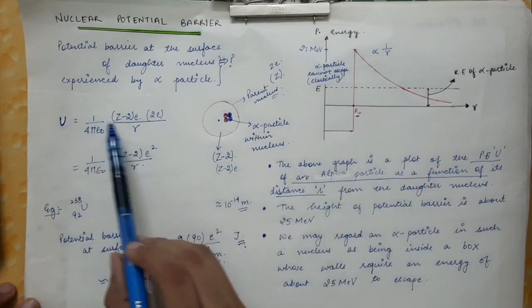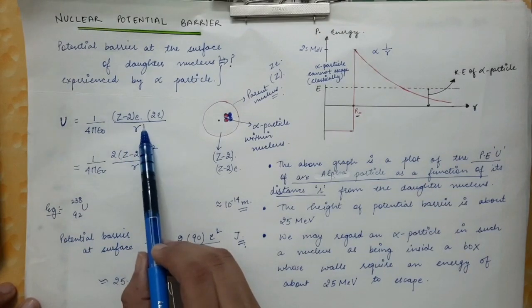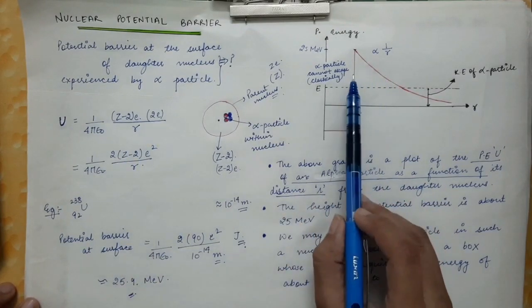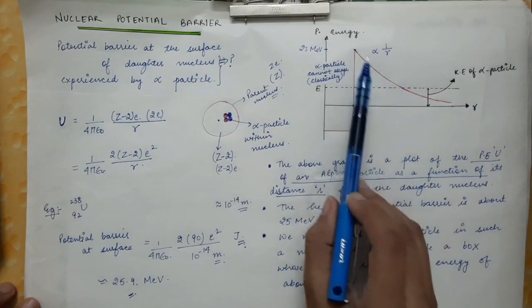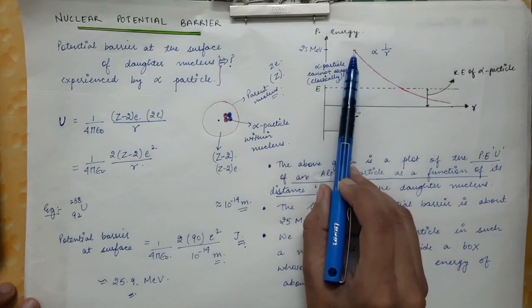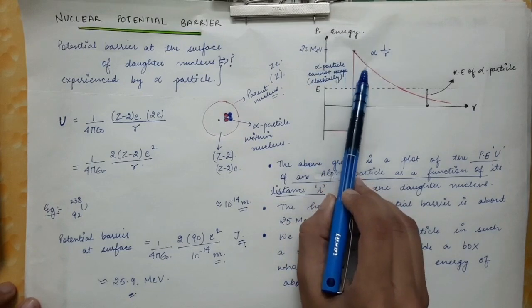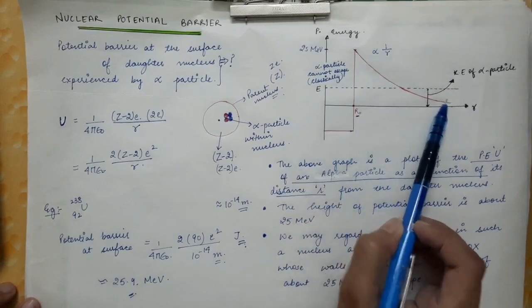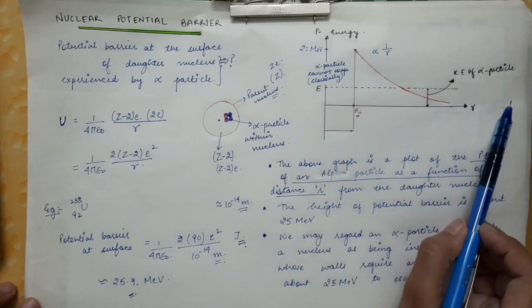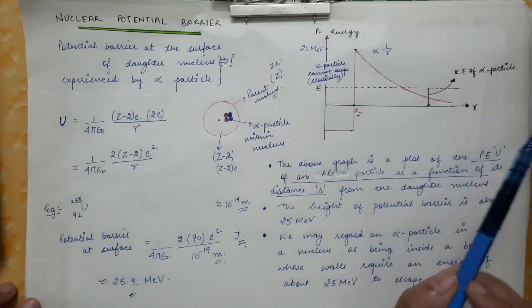The potential decreases by the 1 by r relation. So when the alpha particle goes out of the nucleus, the potential starts decreasing from 25 mega electron volt,